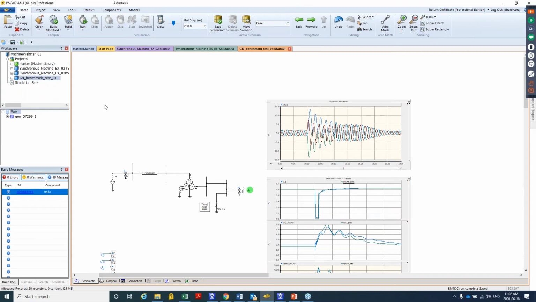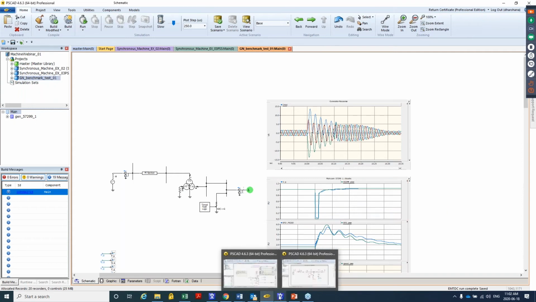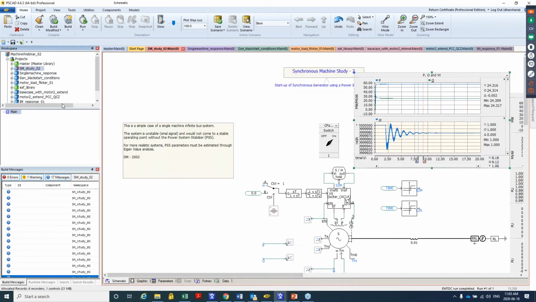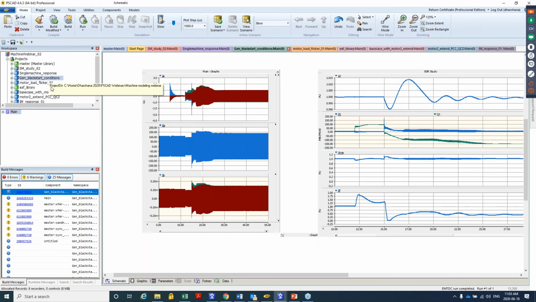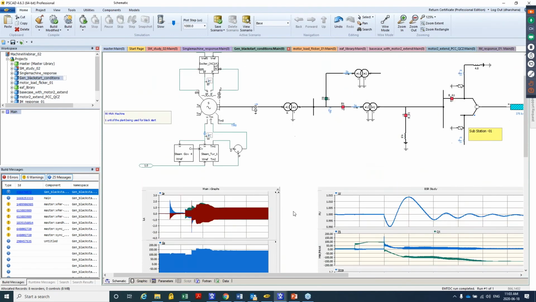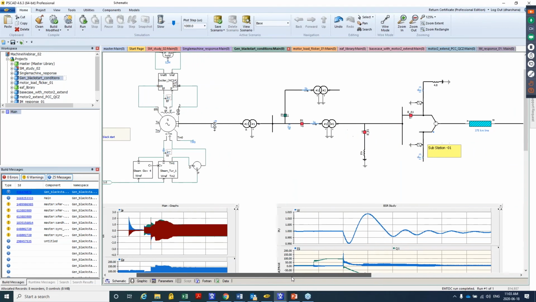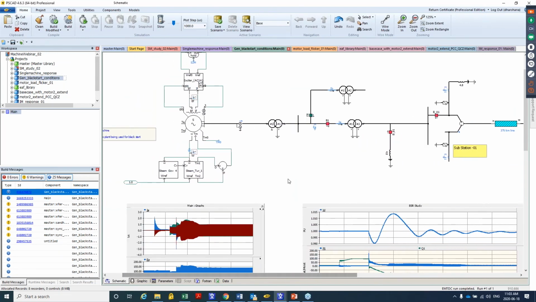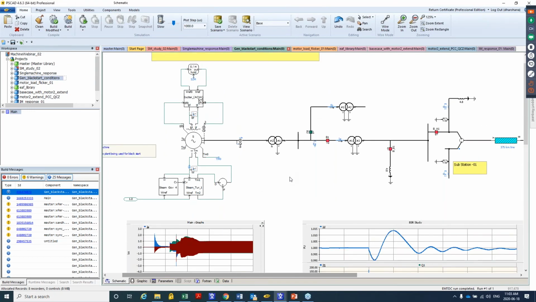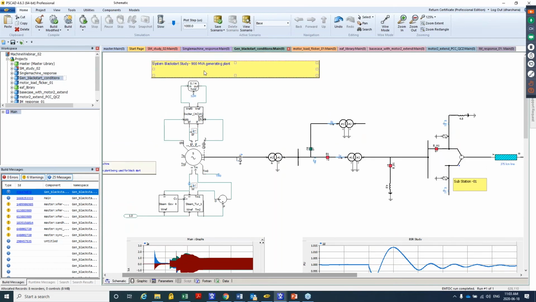The second example I'm going to show you is a setup that you would use to perform black start restoration studies, to verify that when the system goes black, you have to restart your system and you have plans for that. And you have to do studies to verify that the plan would actually technically work. So here what we are trying to verify is using 1 out of 10 generators in a large generating station, using a 90 MVA generator in a large generating plant,